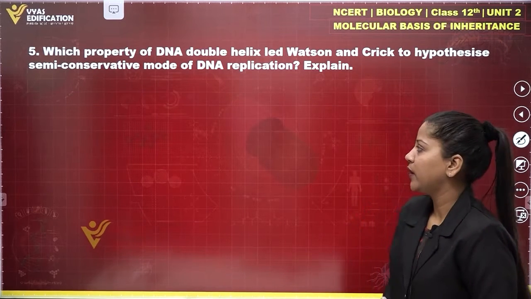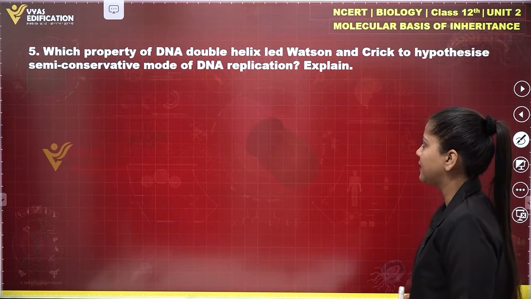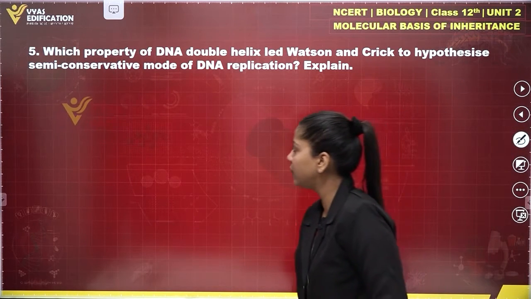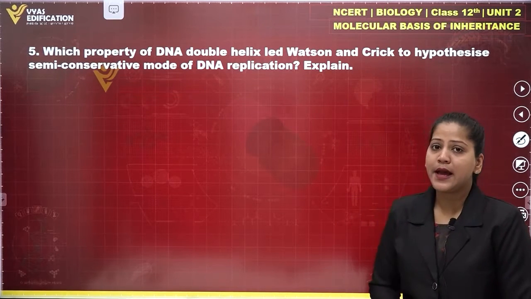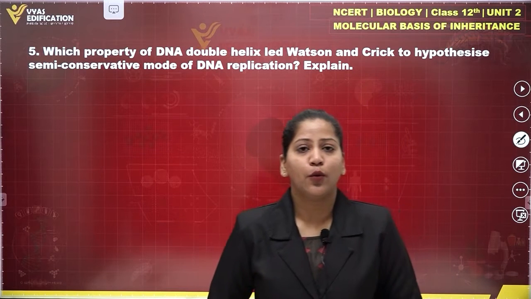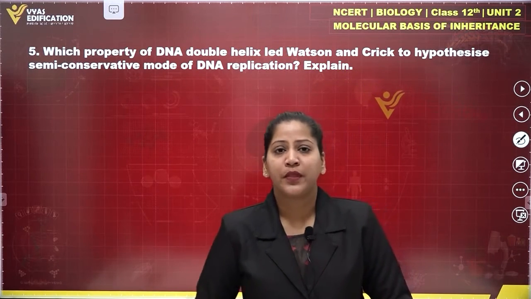Let's talk about the next question, that is the fifth question. Which property of DNA double helix led Watson and Crick to hypothesize a semi-conservative mode of DNA replication? Explain. So to answer this question, we know that Watson and Crick were the two scientists who observed that the